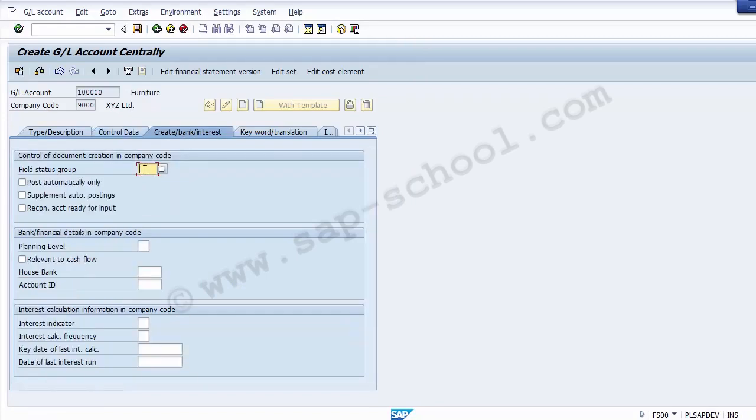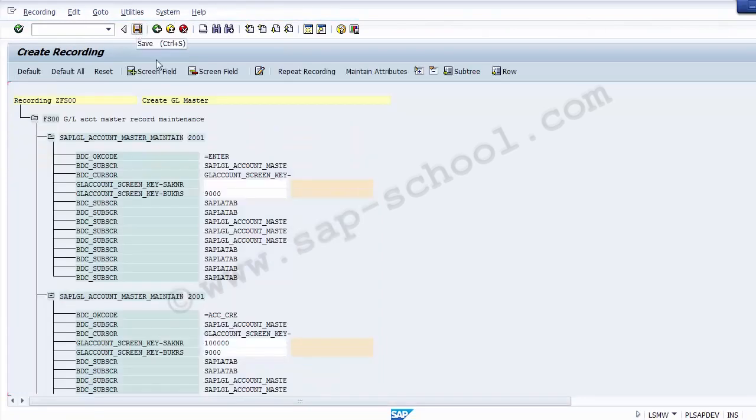In this you need to select the field status group. Suppose the field status group which we need to take is G067. So that is what we have taken up over here on the screen. So now we can go and save the screen, and your GL will be created and even the recording is saved. So you can see now on the screen, once you click on the save option, you will find the different fields which have been triggered while creating a GL account for the furniture part. You can see over here